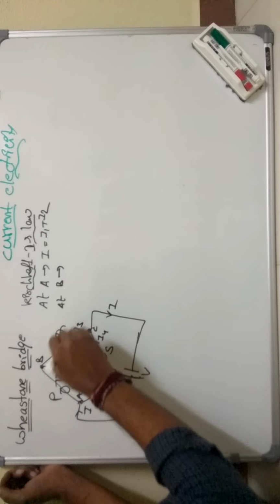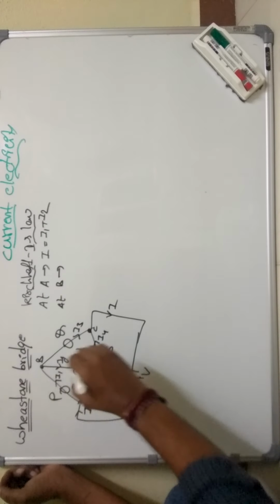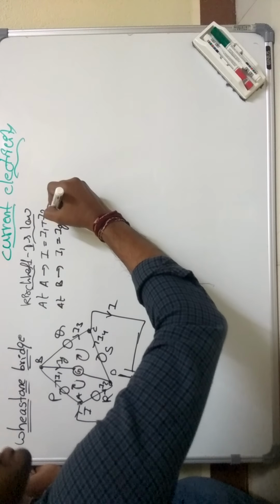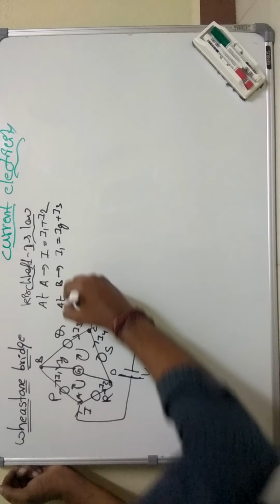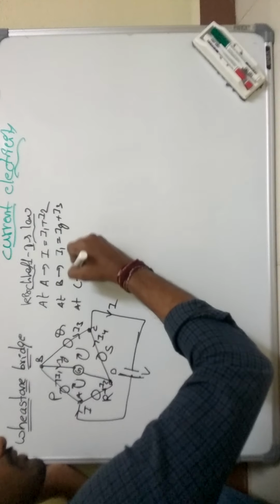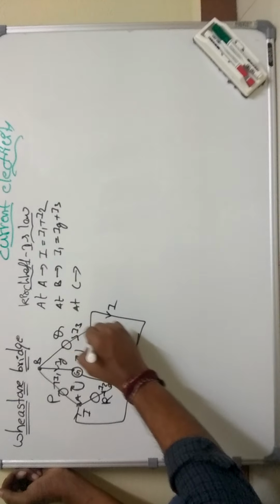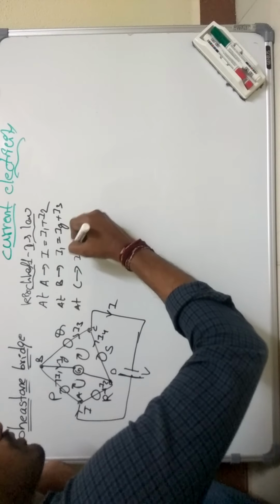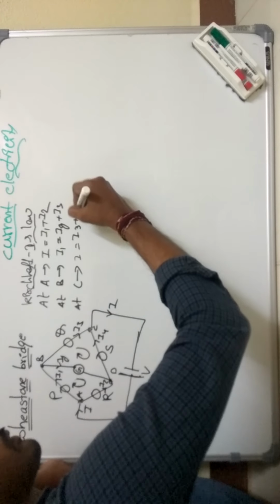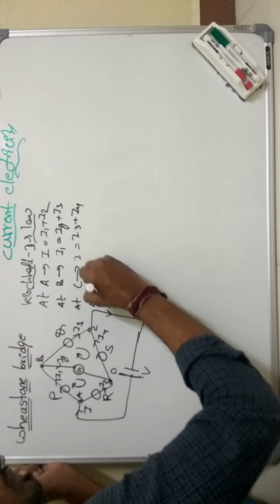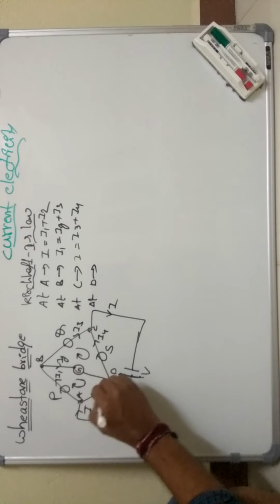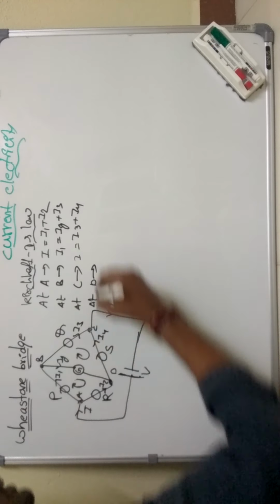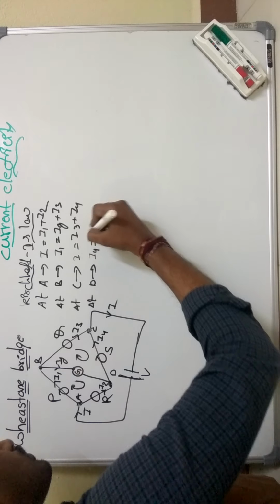I1 entering current, I3 leaving current, Ig leaving current. Then here I1 is equal to Ig plus I3. Ig is the galvanometer current. Then next at the junction C. At the junction C, what are the entering currents? I3 and I4 are the entering currents and I is the leaving current. So I is equal to I3 plus I4. So at the junction D, what are the entering currents, leaving currents? I2 is the entering current, I4 is the leaving current, Ig is the entering current. So here I4 is equal to Ig plus